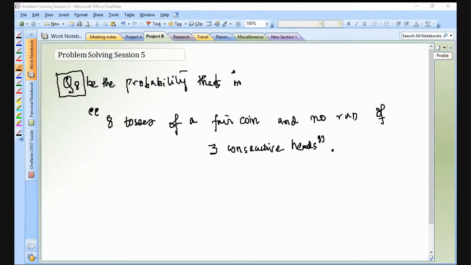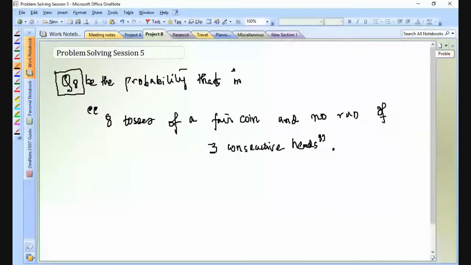I want it to be very lengthy if we do it that way. I want you to feel that it's lengthy. That's why we need something else. Yes, but try to find out. Okay, let's do it. Let me try it for 3 tosses. Favorable cases will be 7. Okay, can you tell me the cases?